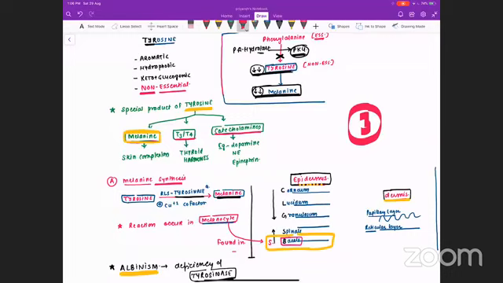So guys, keep revising the notes, keep solving the MCQs. See the MCQ source. I will suggest you first stick to a small MCQ bank. For example, you can go with FMG solution. There are some errors, I will highlight the errors, but you can start with FMG solution. Once you are done with FMG solution, then we can discuss the further part, how you should proceed for any exam.